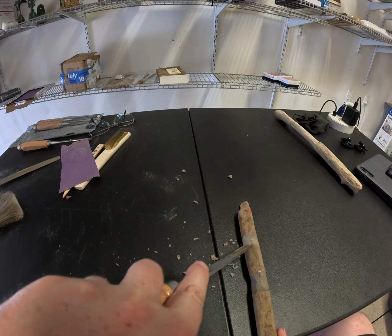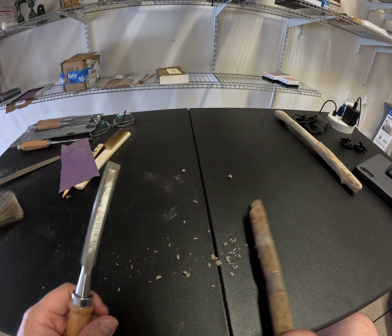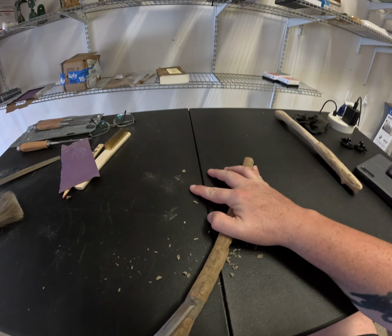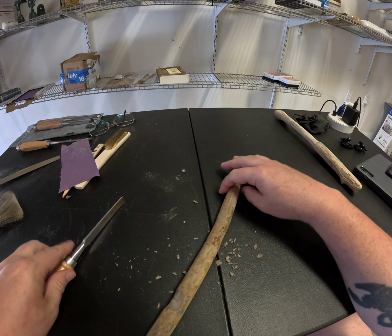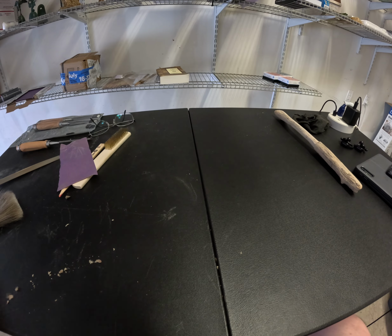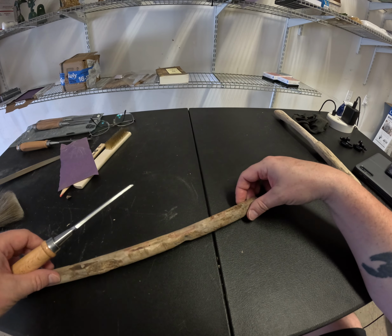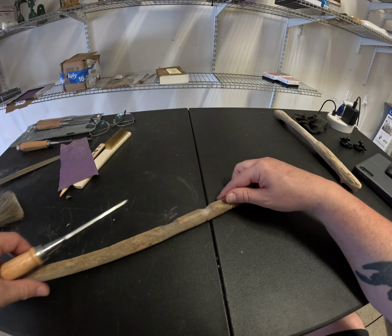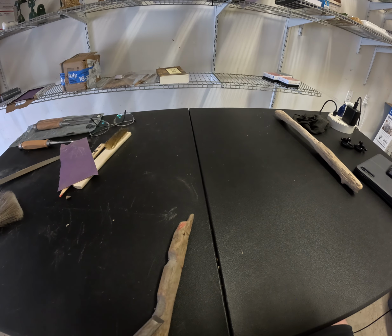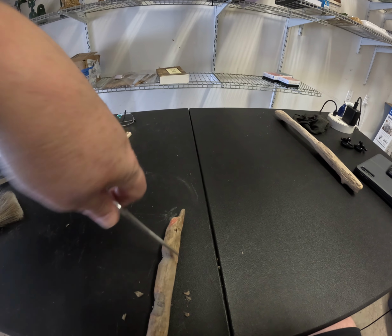Almost didn't grab this piece of wood because it's just smaller than I'm used to dealing with, but glad I did. Okay. All right. This one obviously needs to come in just a little bit more. Need to make it a little more pronounced because it can't be less than this one. Well, I mean, I suppose it could be, but